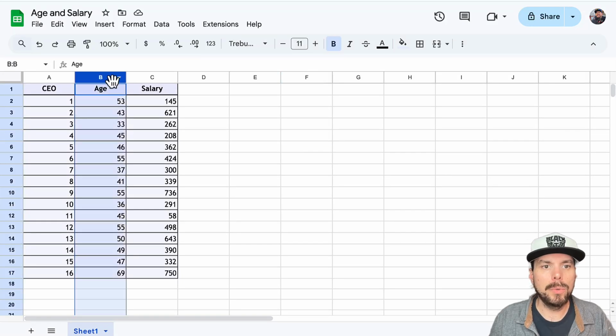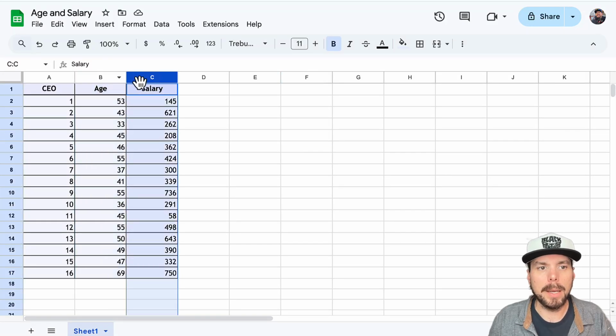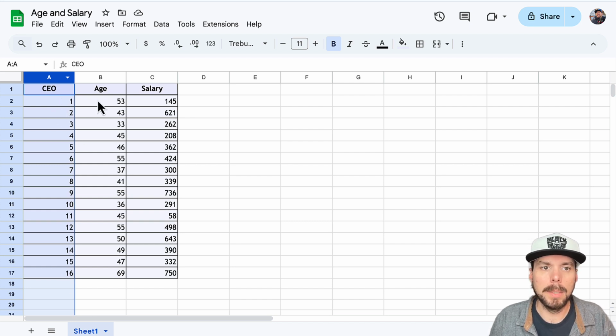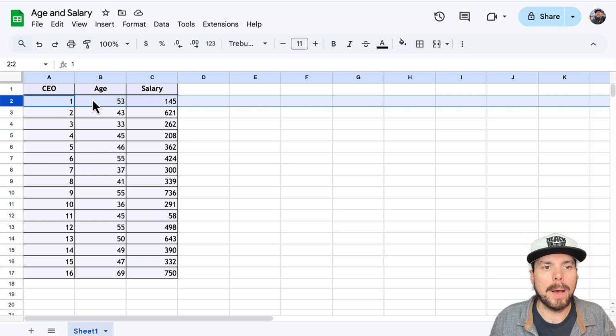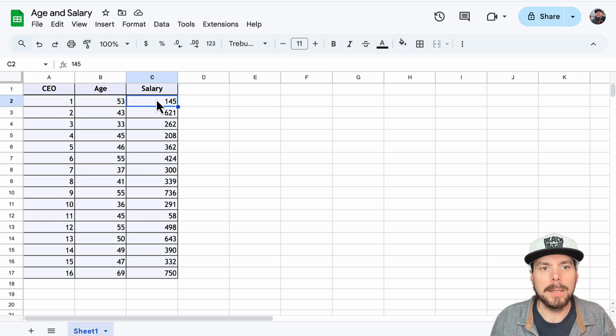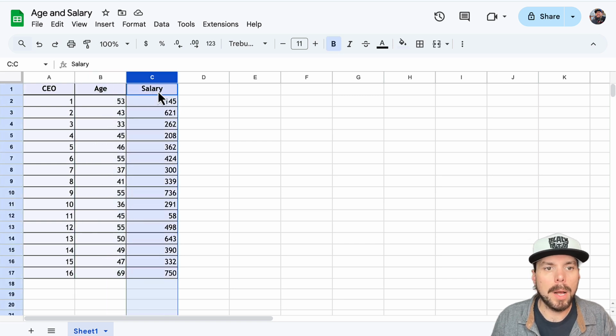Suppose you have two quantitative variables like I do here. In this data set, there are 16 CEOs numbered from 1 to 16, and for each CEO, I've got an age in years and a salary in thousands of dollars. You could perform XY analysis using a scatter plot